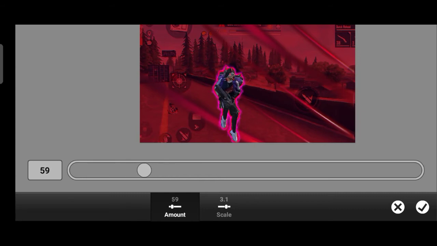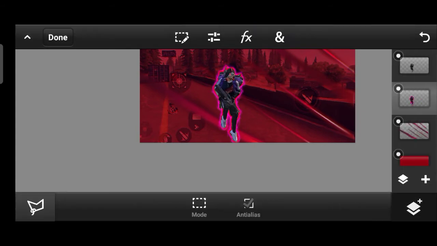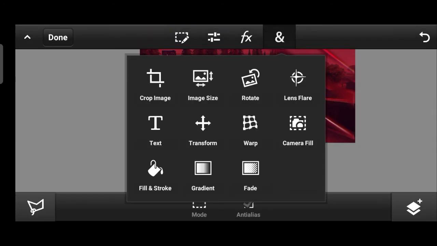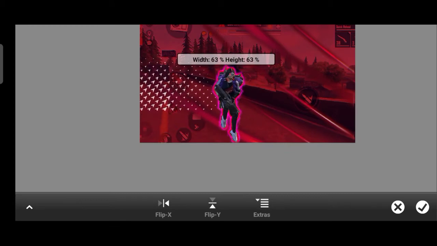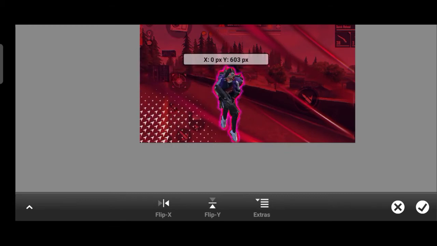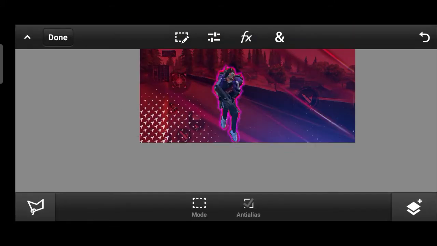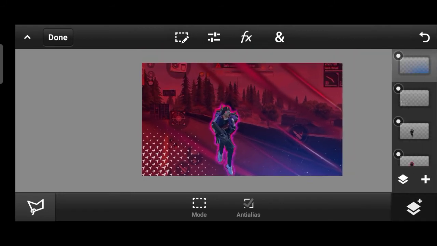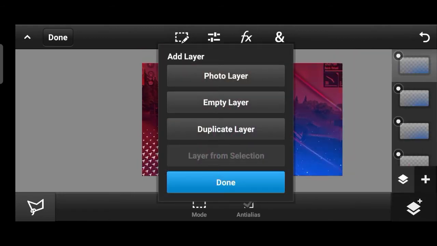After adjusting the scale, it looks much better. So click on these particles, which I have also given the link to in the description. It's better to download all the photos, since we don't know which one will be useful.